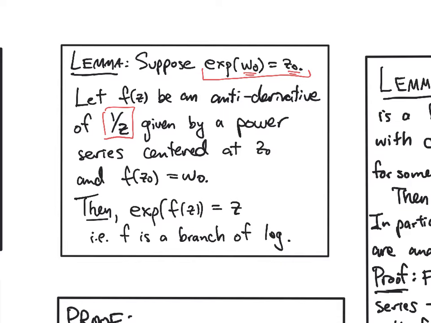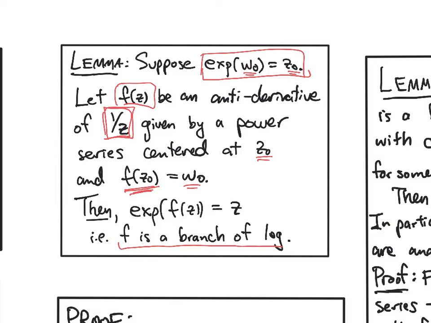We did that in the section on power series and analytic functions. So let f of z be an antiderivative of 1 over z given by a power series centered at z naught. And we have a choice with an antiderivative of its value at any specific point. So we're going to make it be the right preimage. So we're going to have f of z naught equals w naught. Then